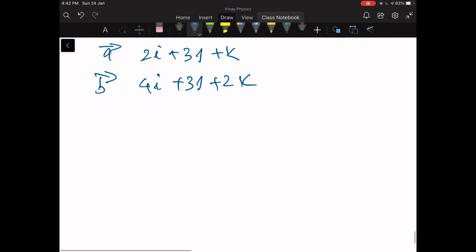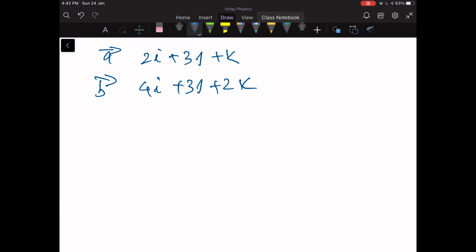Now, we have to find the angle. So, what we can do is find the dot product of these two vectors. So, A dot B is nothing but, we know AxBx, so 2 4s are 8 plus 9 plus 2